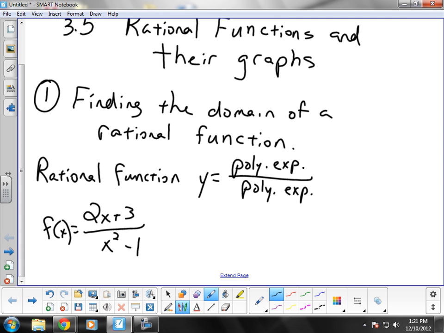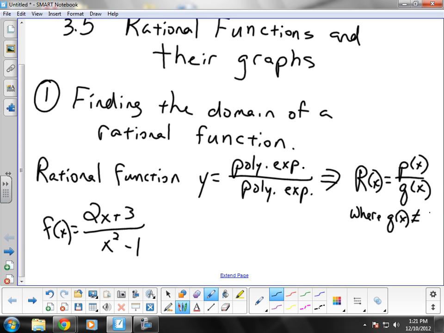Rational functions are just like rational numbers. They have to be in the form of a fraction, and they have to be a polynomial. So again, I can't have negative exponents. I can't have fractional exponents. I have to have all the same rules for polynomials because I have a polynomial in the top and a polynomial in the bottom. A lot of times the way we notate that is we say that r of x for a rational function is p of x divided by q of x, where what has to be true? Q of x cannot be equal to 0,